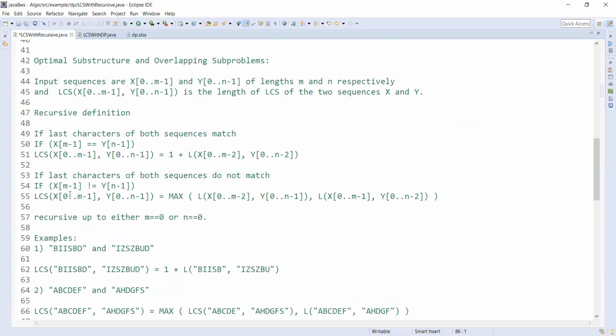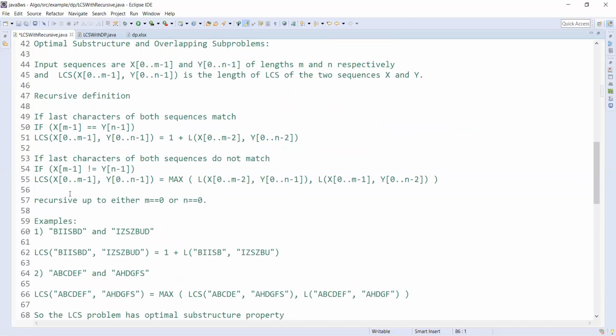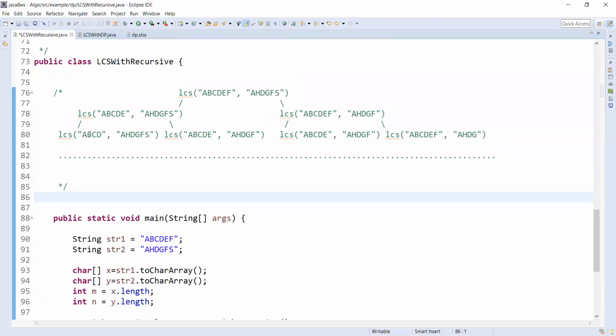Okay, I'll show the formula. In this problem you see some subproblems, and you are calculating that subproblem multiple times. For example, here the LCS of A, B, C, D, E and A, this LCS of these both is calculated here also. Likewise, you may calculate some redundant subproblems again. That means the subproblems are overlapping, and those have